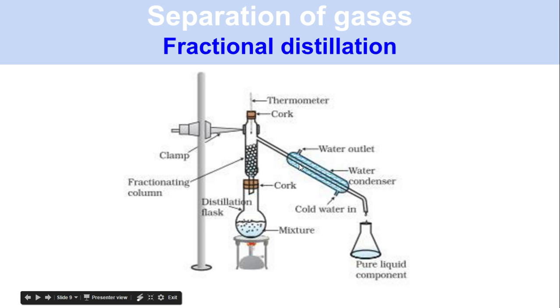And this is the condenser. We have cold water going in and warm water coming out, and the gas, when it goes here, gets cooled off and condensed and is gathered in the conical flask. After the first gas is all gathered, we are not going to have any gas coming until the temperature rises to the boiling point of the other gas. There's a thermometer here, that's a cork. Then the other gas is gathered, and that's how they are separated from each other.